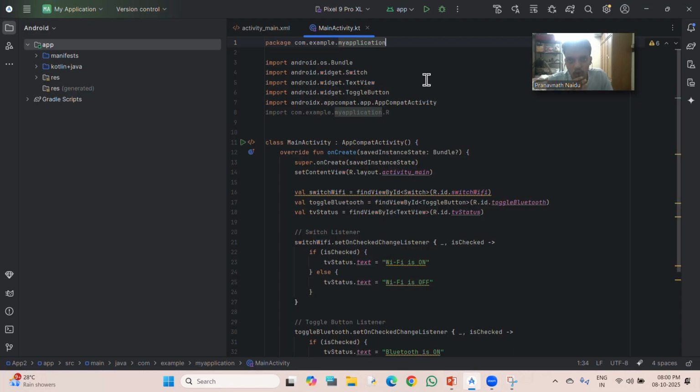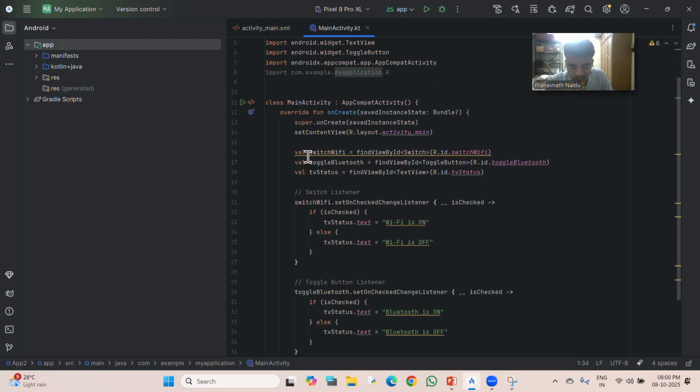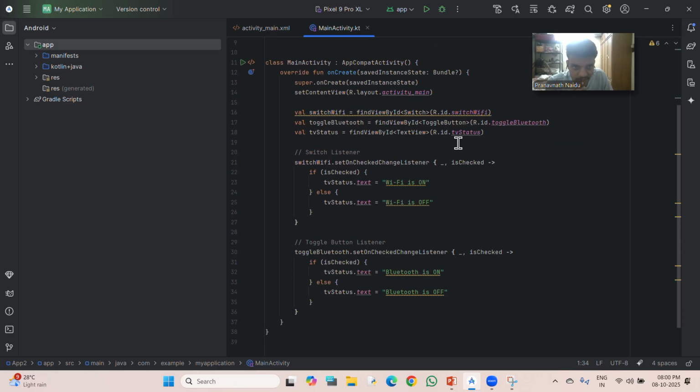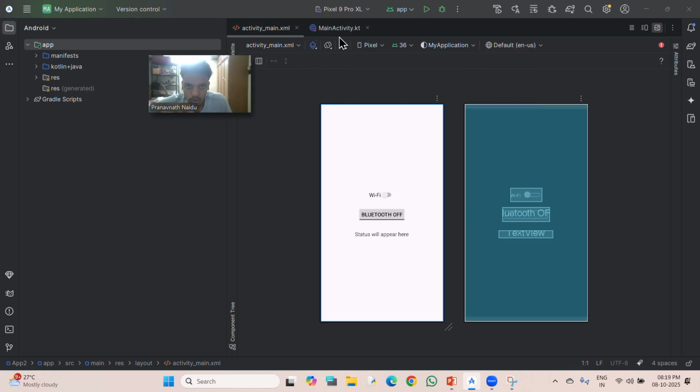So this is the code for switch and toggle. In the main activity we are declaring first a switch. So this is the coding part. In order to run any mobile application, we need to write two files. First is the main activity.kt and second is the activity.xml. So firstly,